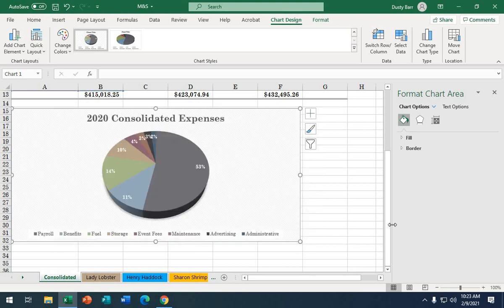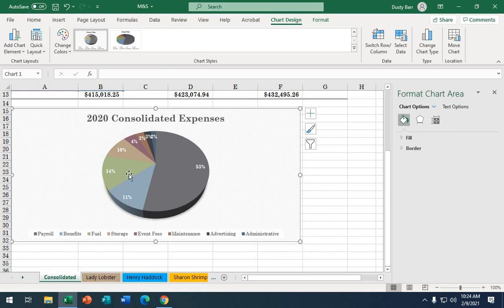F32 is what they say. So from A15 to F32. Doing good? Okay, next step